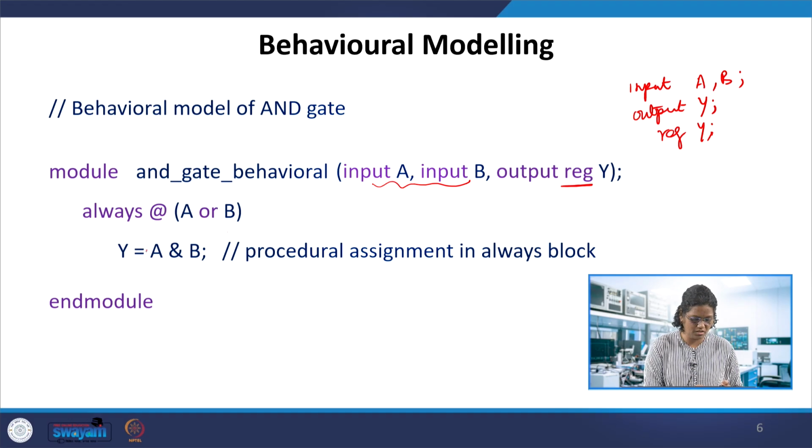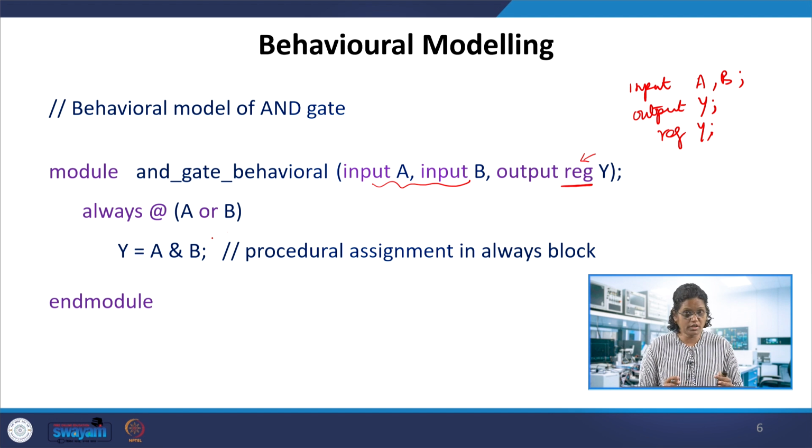So this y is inside the always block, that is a behavioral description. That's why we define this as a reg declaration here. This y will store the value, so that is why it is declared as a register. Okay, we don't have multiple statements here, we have only one statement. In the structural or in the assign statements, all are concurrent statements. In this case, within the always block, the statements are sequential. But if you have multiple always blocks, they will be concurrent.